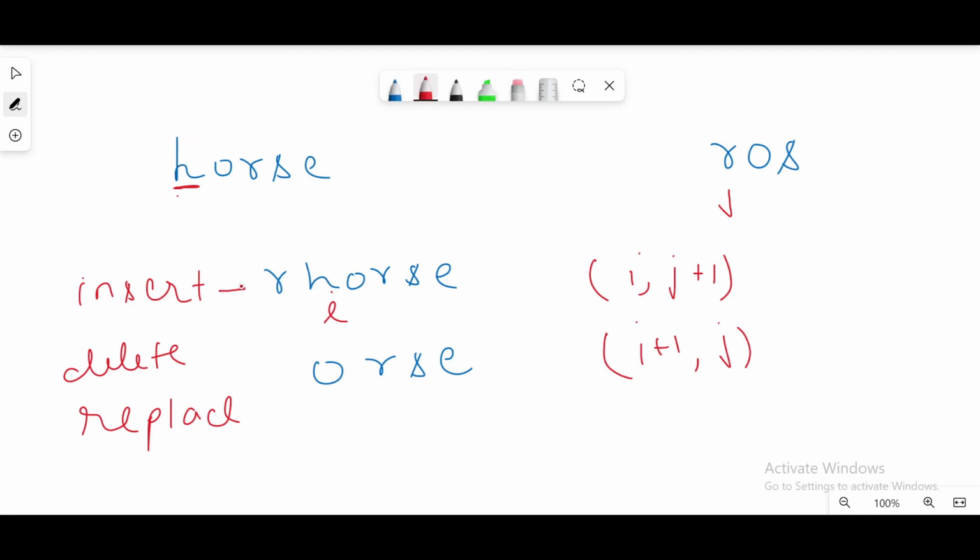This is for insert operation. For delete operation, now let's see replace operation. If I perform replace operation here, I'm going to replace the first character with the required character, which is R here. It will become RORSE, and index I, which was previously pointing at H, will move to the next character, and J will also